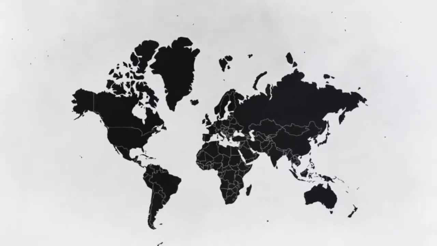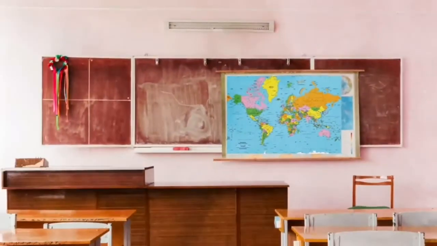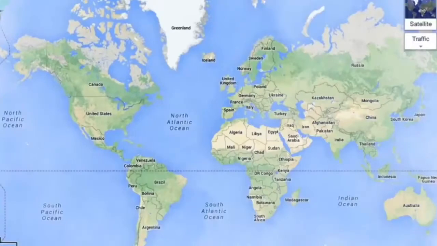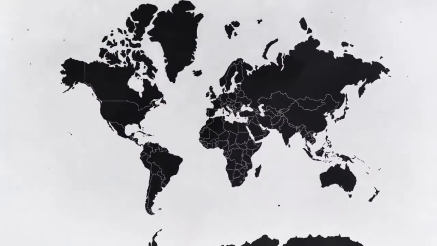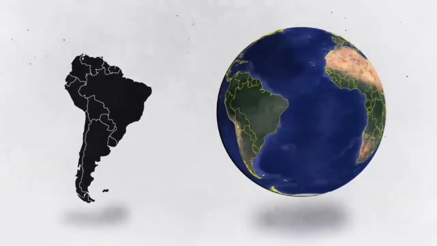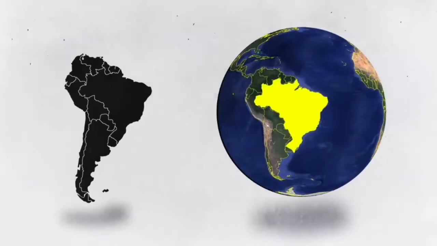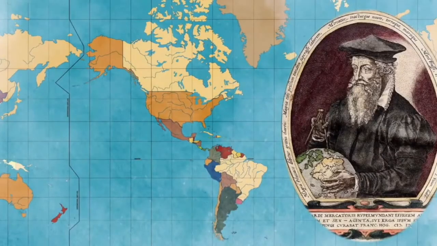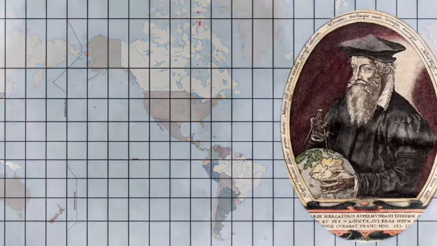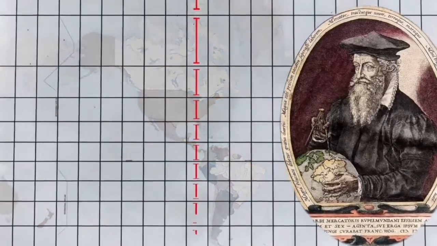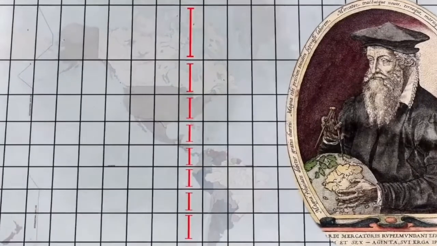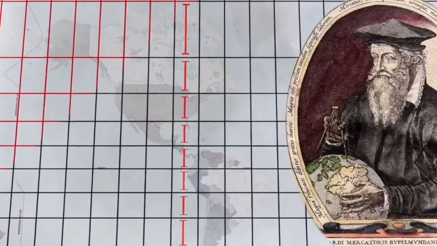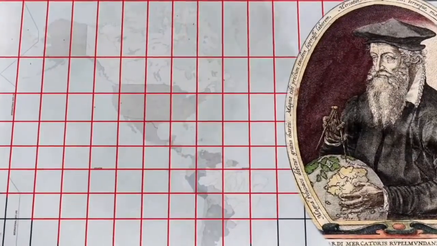Talking about the Mercator map, you see this in your classrooms and in your Google Maps. Now, what is the difference? Let us take one example, the country of Brazil, and let us see whether it fits exactly on the globe. Yes, it does fit because it's on the equator. Now, why has this map been universally accepted? The reason is, if you look at the longitudes and latitudes, which you would have learned in the previous chapter, they have been equally separated and then placed on the map. That's how the sizes and the lengths are almost equivalent, and you're able to understand it.